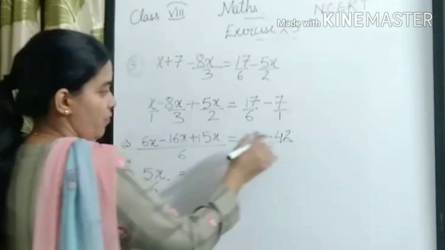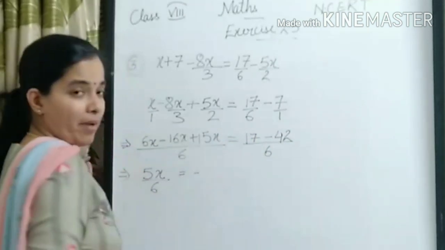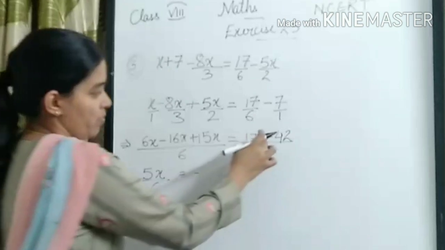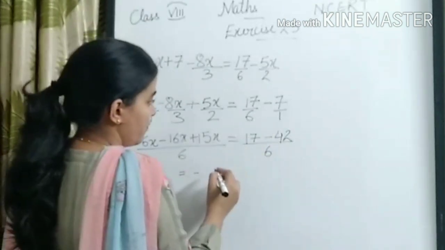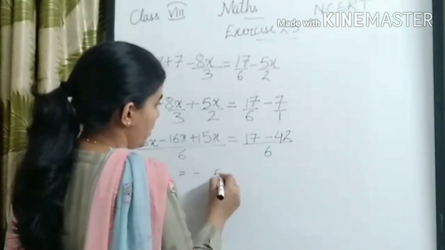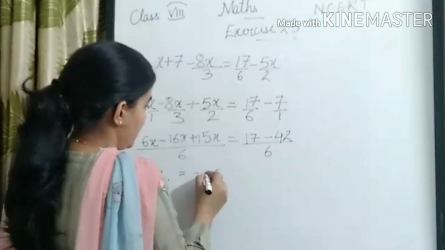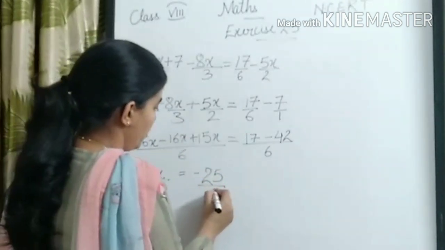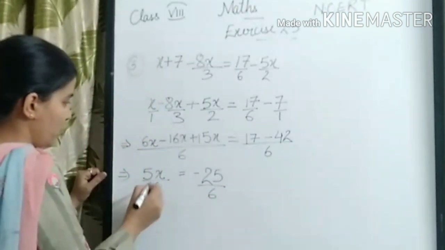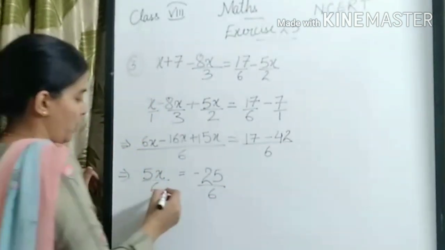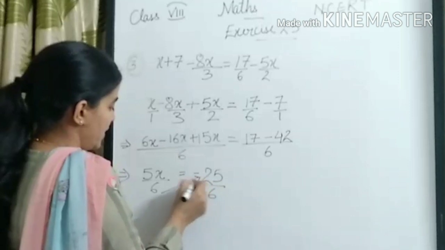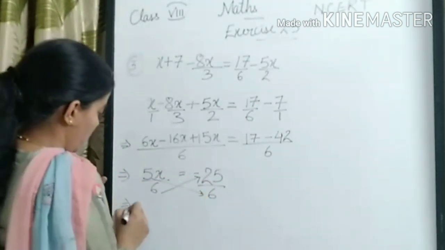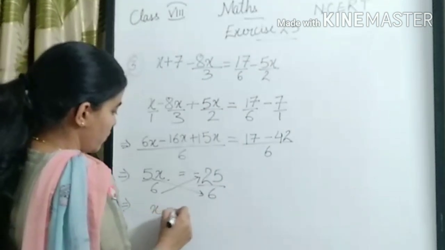If you subtract from 42, then first there will be a minus sign because this is the greater number. So minus will come first, and then when you subtract, it will come out to be 5 and 25, minus 25 upon 6. Now to find out the value of x, what will we do? We will just send 6 here and this will come downside. Now x is equal to